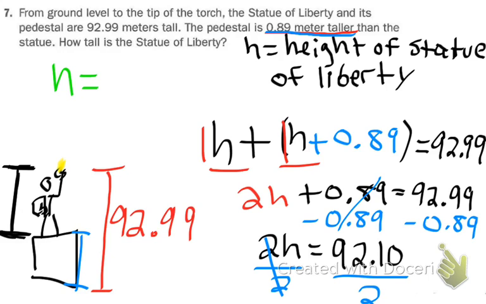Do all that, divide by 2, and you'll have your final answer. Everything was in meters, so we say the height of the Statue of Liberty, meaning just this portion, is 46.05 meters. That is the height of just that portion. Sweet. So in case you ever happen to need to know the exact height, you'll be prepared,